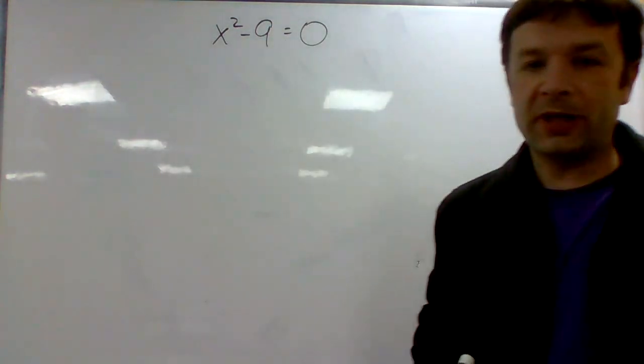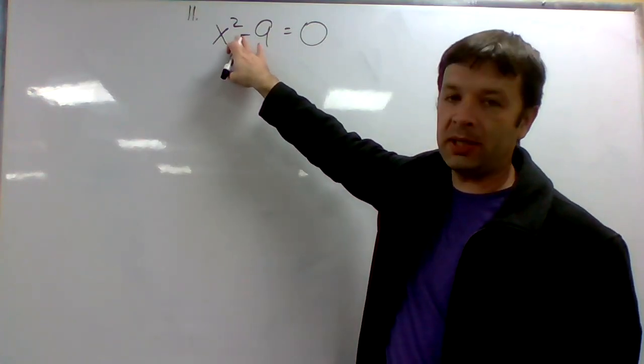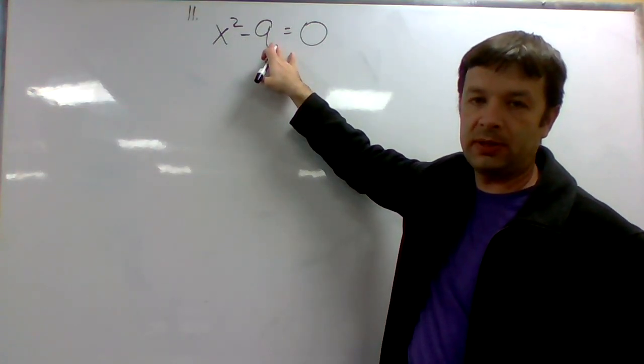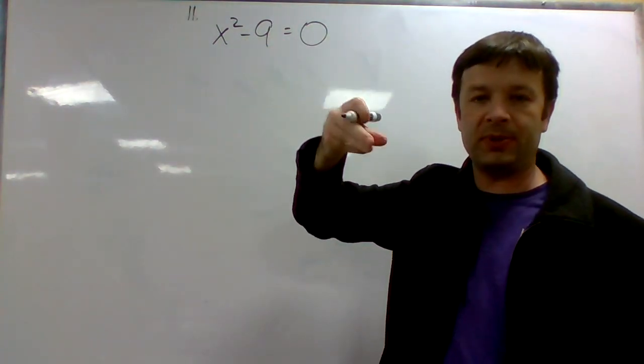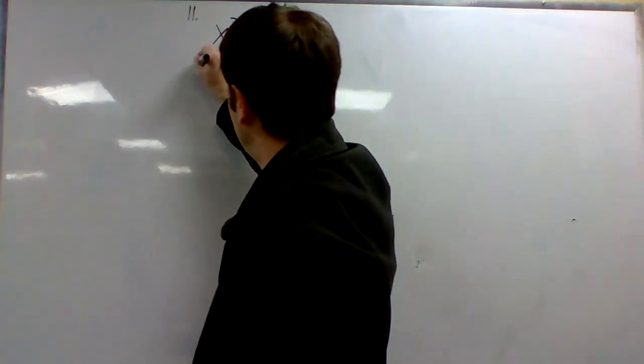Alright, this was a different kind of factoring. I called this a square minus a square. It's kind of like it's missing that middle term. It's just two terms. It's something squared minus something squared. So what we did,